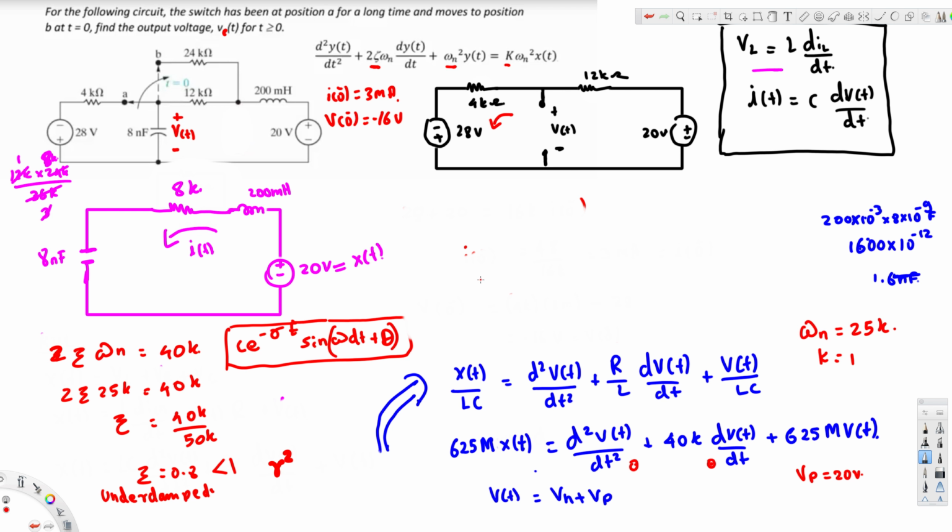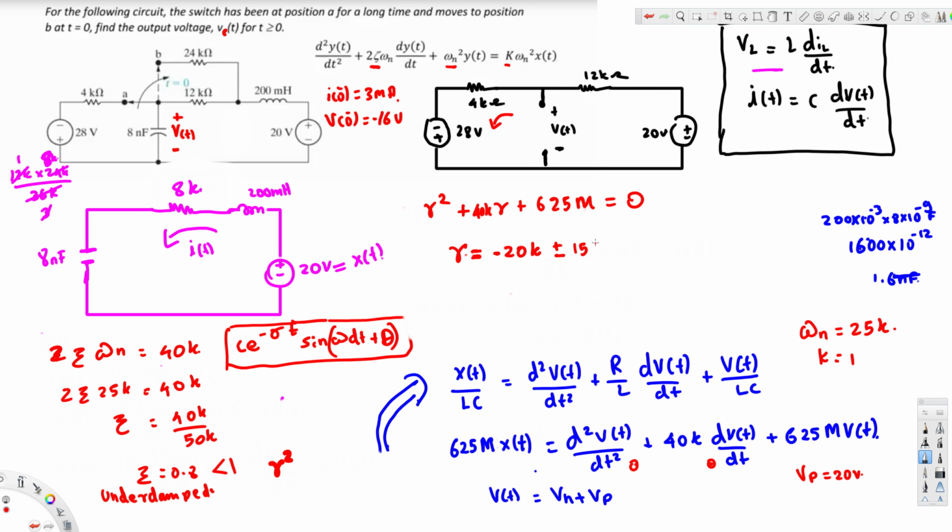Now we have to find our characteristic equation. This is going to be r square. We replace the second order with r square and the first order with r, and whatever coefficient is in front of it, we keep it. So this is going to be r square plus 40k r plus 625 mega equal to 0. If you solve for r, you have to use the quadratic formula. If you do that, you are going to get negative 20k plus or minus